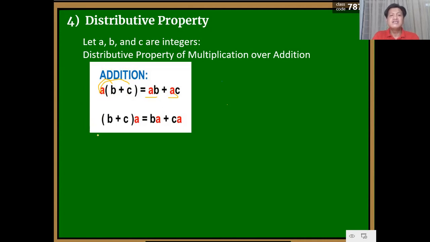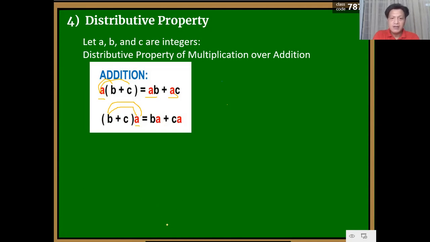Kapag dito naman sa distributive property, pwede mo siyang baliktarin actually. Kung gusto mo yung i-distribute mo nasa unahan, katulad nito, or pwede rin siyang nasa hulihan. Same pa rin ang magiging result nun. We have this. So dito, di ba, B times A, sinare mo yung nasa labas doon sa loob, kaya BA. Dito naman, A times B or BA, kaya,